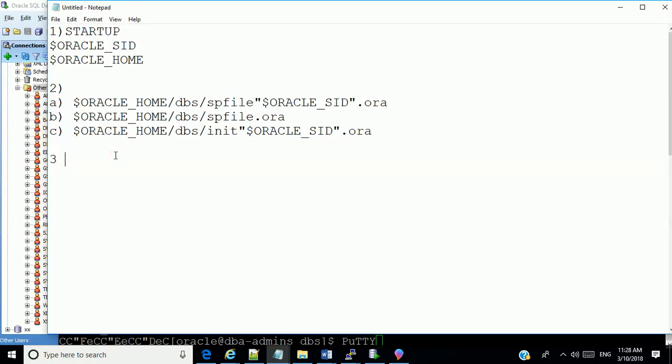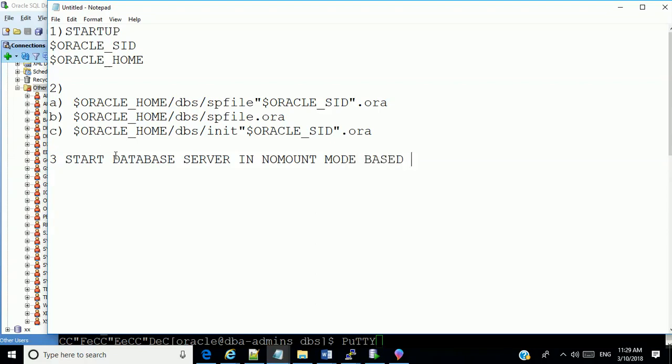Then now, what does it do? It starts the database server in nomount mode, okay?